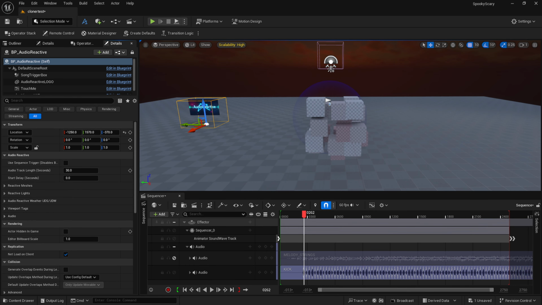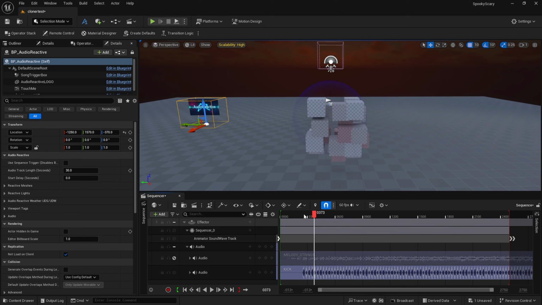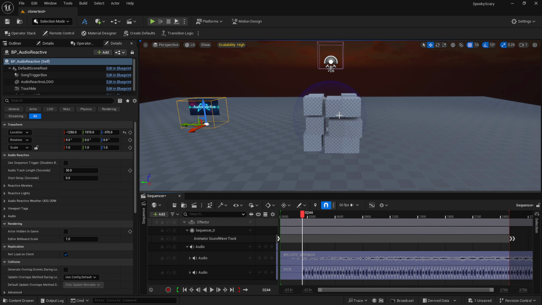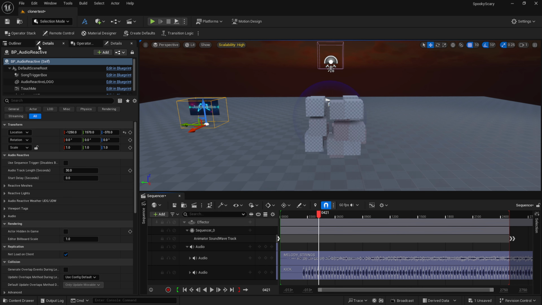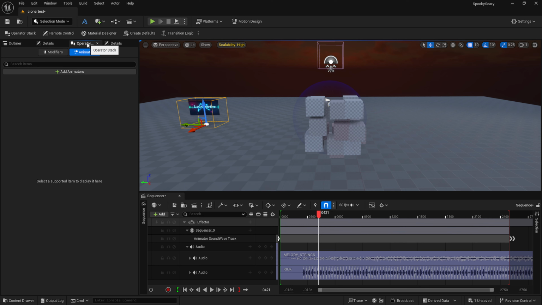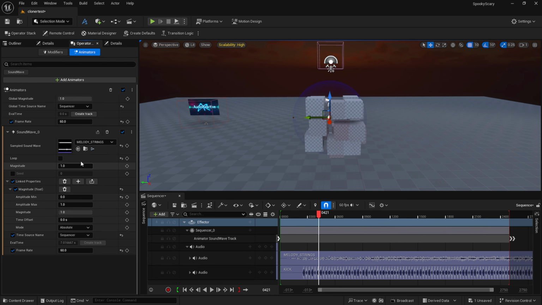Okay, so after a quick scene crash, I've quickly rebuilt the level and I've added 2 audio tracks to my motion graphic timeline. So I have this kick drum, which is not currently driving any reaction, and I have these little string hits that are currently driving the effector. On my effector, if I go to my operator stack, this is where I have this melody strings.